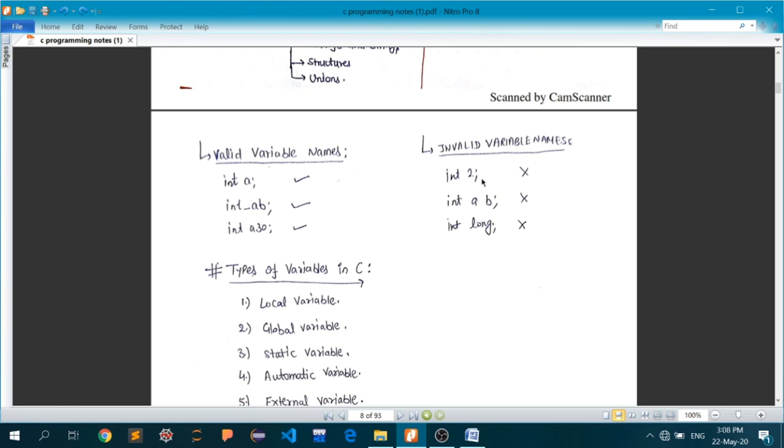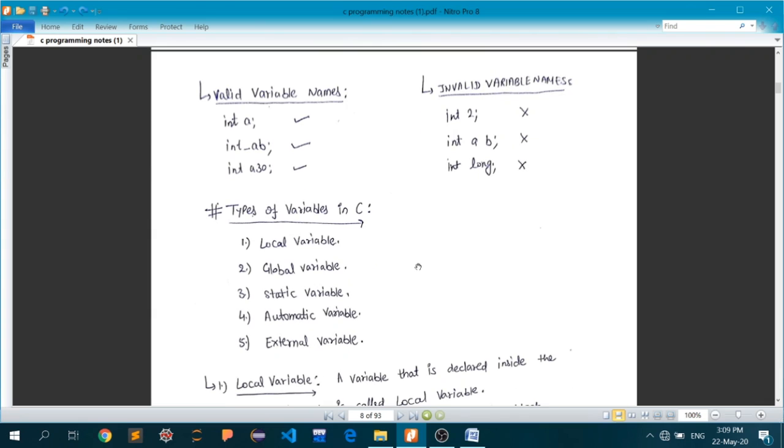So int 2 will not make any sense because this is a value itself. Int a b will have a space, while white spaces are not allowed in names. And then int long is also not permissible because int is a data type, and soon you will see that long is also an integer type. So that is also not permissible.